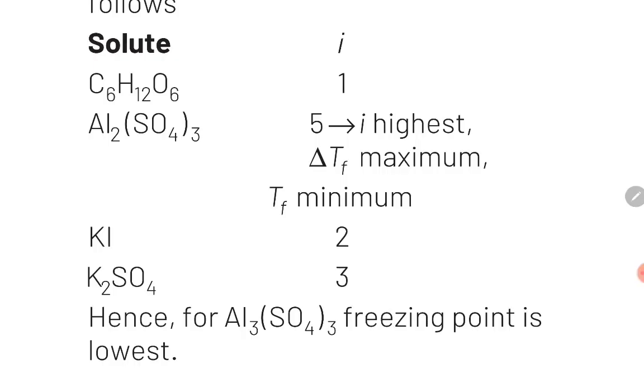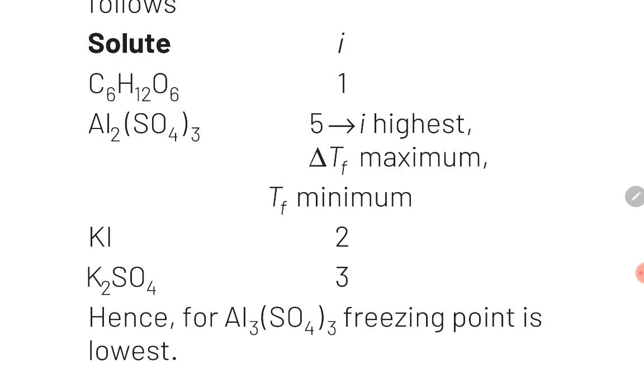Yes, students, आप यहाँ टेबल में ऑब्जर्व कर सकते हो Van't Hoff factor for the different options. Guys, यहाँ फर्स्ट ऑप्शन was glucose C6H12O6 and guys because glucose does not dissociate in water, उसका Van't Hoff factor is equal to 1. Guys, the second option is Al2(SO4)3. Guys, Al2(SO4)3 will split in water as 2Al3+ plus 3SO4 2-. इसका मतलब स्टूडेंट्स, from one molecule of Al2(SO4)3 we will obtain 5 ions. Therefore guys, Van't Hoff factor for Al2(SO4)3 is 5.